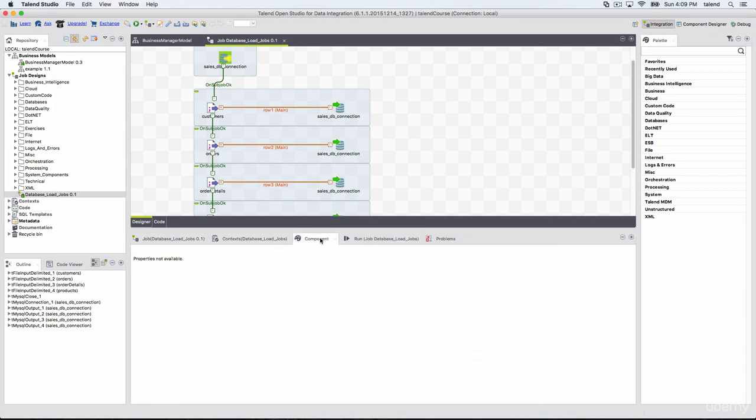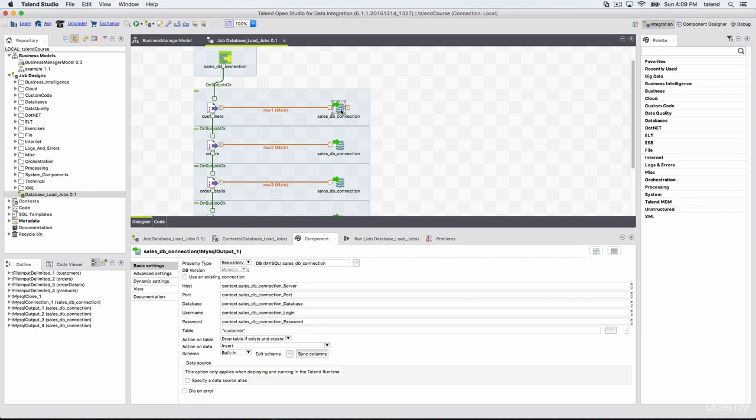Okay, so let's talk about the component view because this is the major view among all these, because you configure different components in the component view. So what does the component view do? It details the parameters specific to a particular component. And as I said, if you want to design a job and run it successfully, you have to configure it in the component view. Without configuring it in the component view, you cannot run a job successfully at all.